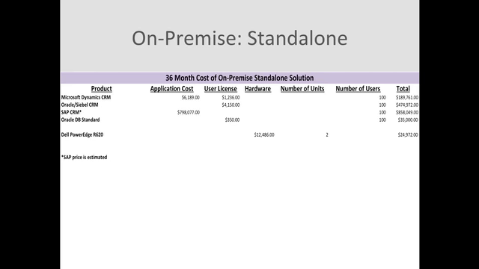So looking at the total price up here, you have $189,761 for the Microsoft Dynamics CRM product, and you have the estimated cost of $858,049 for the SAP on-premise product. Salesforce, we did not include because they do not have an on-premise product, so we just strictly included them in the cloud version. And again, Microsoft is the lowest, SAP the highest, and Oracle coming right after SAP in this instance.